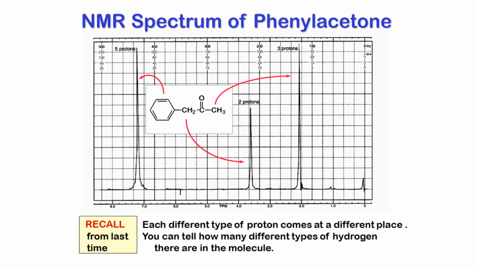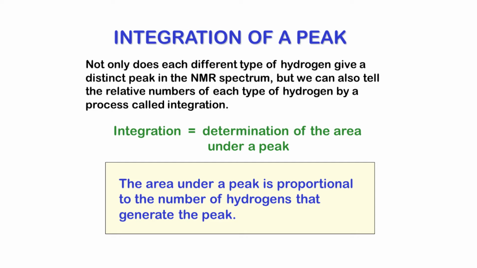Let's explore first the concept of integration in NMR spectroscopy. Here, we see the NMR spectrum of phenylacetone. Each different type of proton appears at a different place, allowing us to determine the number of different types of hydrogen in the molecule. Integration helps us determine the area under a peak, which is proportional to the number of